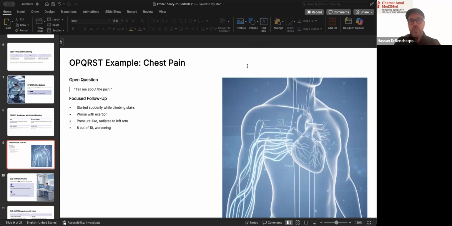So notice how the thinking changes quickly. If the pain comes with exertion, and it is a pressing pain that spreads to the arm, before any tests one starts thinking of heart pain. Okay? And then 8 out of 10: sometimes people just don't know how to convey information. We have to help them. So we give them a scale from 0, no pain, to 10, worst pain ever. And then they tell you it's 8, it's 9, etc. Okay?